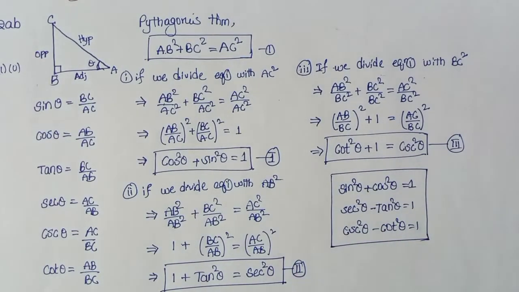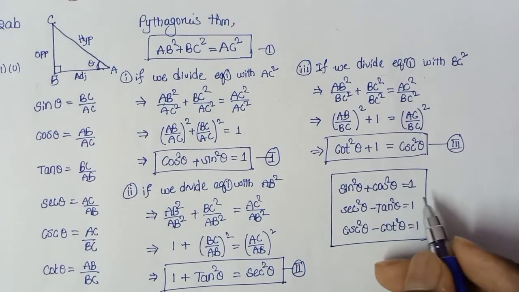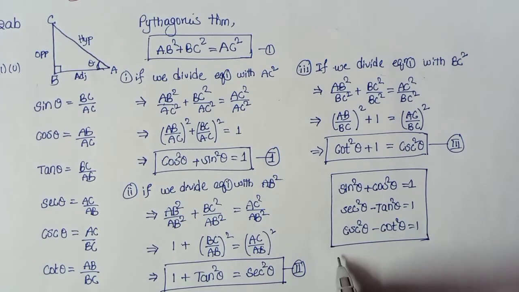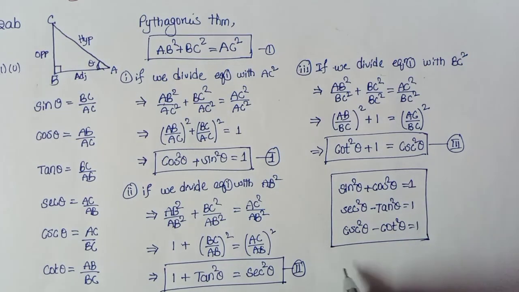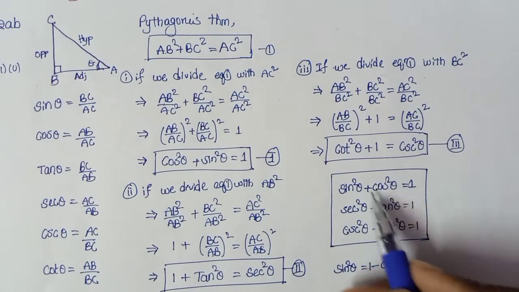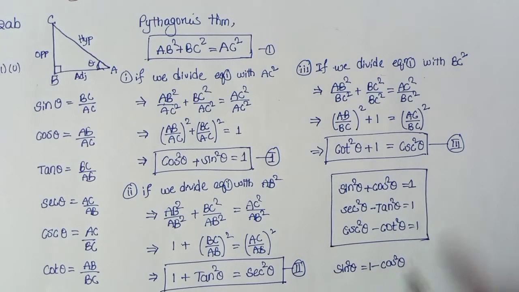You can remember it like this, and you can write these sets. You can also remember it like this: sin square theta plus cos square theta. This can be written as sin square theta is equal to 1 minus cos square theta. Yes, we can write that, because if you send the cos square theta term to that side, it is 1 minus cos square theta. Or, in terms of cos theta, cos square theta is equal to 1 minus sin square theta. You can write it like this also.